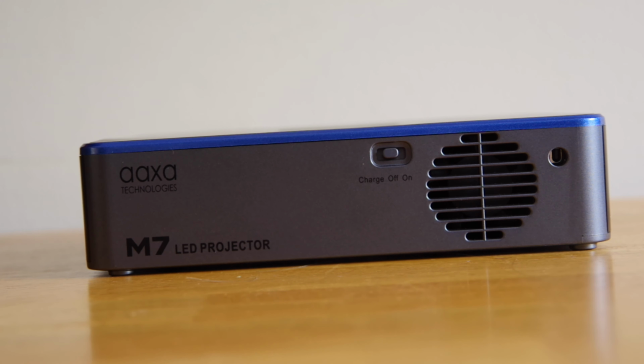Moving around back, you're going to find the power switch so you can turn the projector on or off, as well as toggle it into a charge mode which reverses the current so that you can actually use the built-in battery to charge external devices. And that's something that's really cool about this projector. It doubles as a power bank, so you can charge your phone, a tablet, or some other device using the